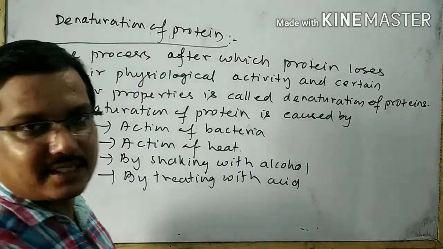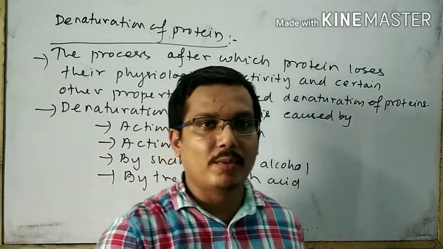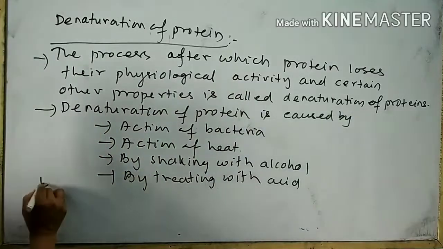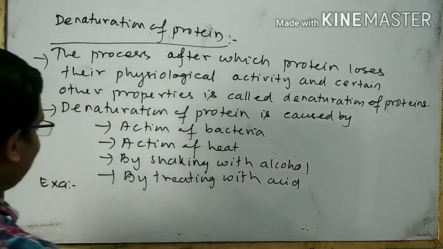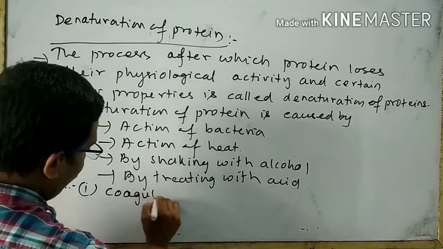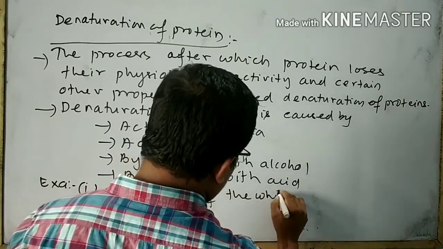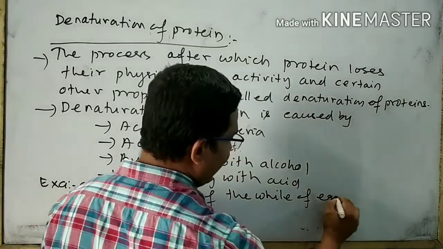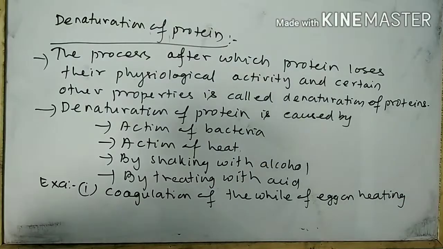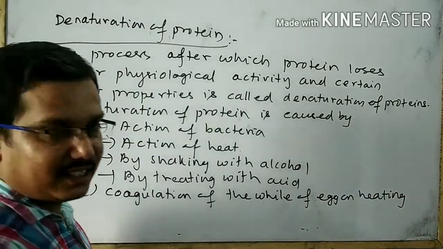We know a daily life example. When an egg is heated, the coagulation of the white part of the egg takes place. So examples of denaturation of protein: first is coagulation of the white of egg on heating,